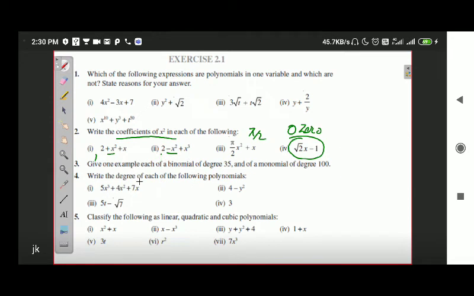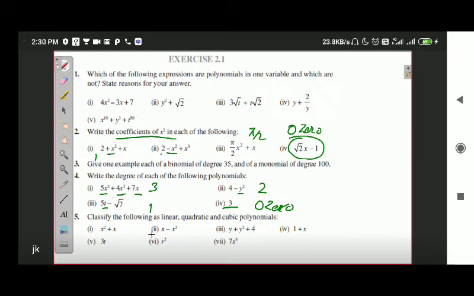Next is find the degree of each of the polynomials. Degree is the highest power of the variable for the given polynomial. So for the first one, the highest power of x out of all the powers of x is 3, therefore its degree is 3. For the second one, the highest power of the variable y is 2, therefore degree is 2. For the third term, the variable here is t and no power is mentioned, that means it is 1. Fourth is a constant polynomial, and we have already discussed that the degree of a constant polynomial is 0.